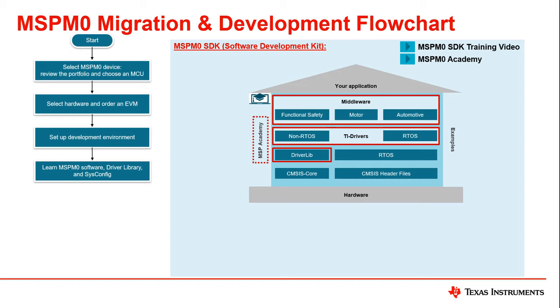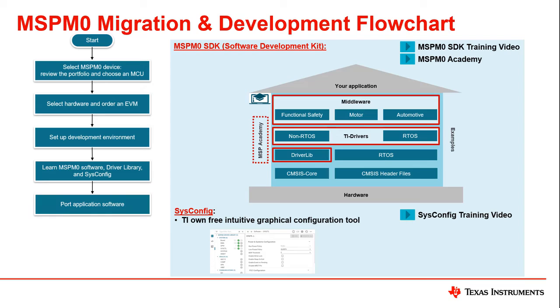Once you know the software resources for MSPM0, you can look for the most functional example projects in the MSPM0 SDK based on the target applications. Examples often need to be customized for a user's actual application. To quickly implement these changes, all example projects use sysconfig. Sysconfig provides a clear graphical representation of pin usage and facilitates the configuration of peripherals, clock trees, memory, etc., and can be used to generate code automatically. Please click on the training video link to the right to discover more about the easy-to-use features of sysconfig.